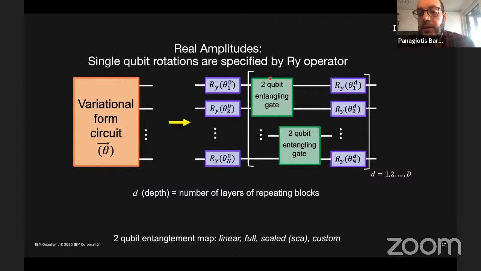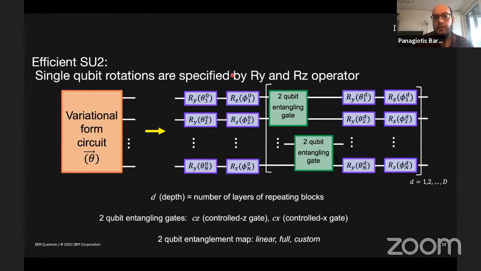At the same time, the 2-qubit entangling gates require the gates that you have available in your hardware, whether it's CNOT or Control-Z gates. Another version of the same variational form, which we call the efficient SU2 variational form, also allows for the introduction of a layer of RZ rotations. In this way, you can search the whole space in a more efficient way compared to the real amplitudes before. Here we have the 2-qubit entangling gates again, and a layer of RY and a layer of RZ rotations repeated d times in the same fashion.